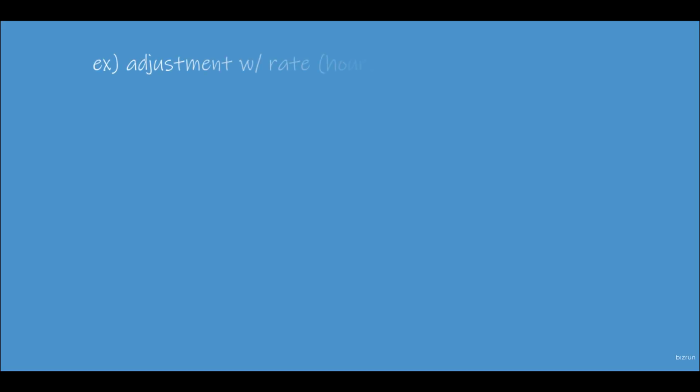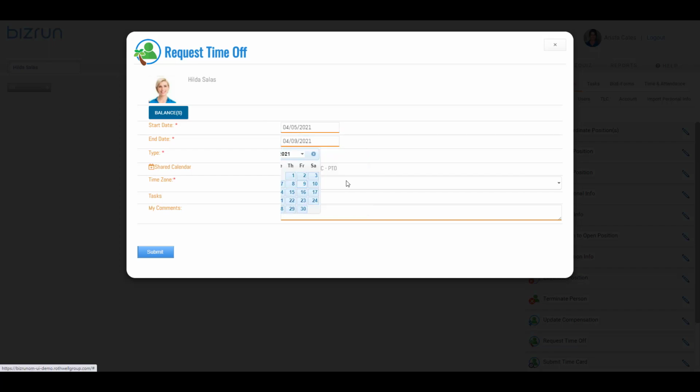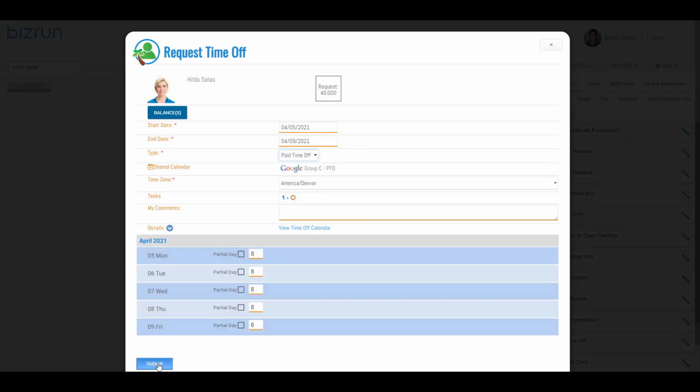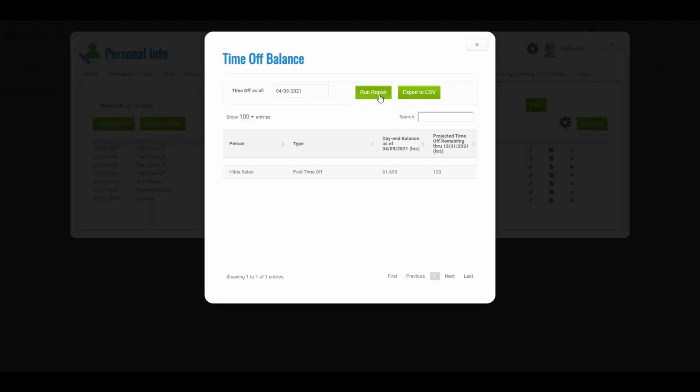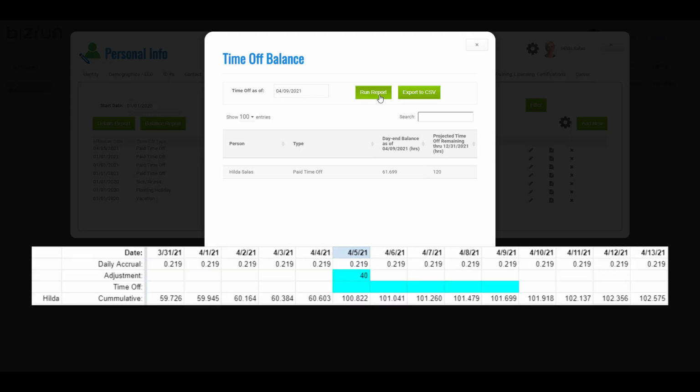Now let's demonstrate a more realistic example by still using adjustment and rate accrual types together, but now accounting for Hilda taking some time off. Let's go back to the week of April 5th and pretend that Hilda takes the entire week off. If we run the balance report for April 9th, her day-end balance is calculated to be 61.699 hours. To see what BizRun does behind the scenes, let's go to a spreadsheet to visualize how this balance